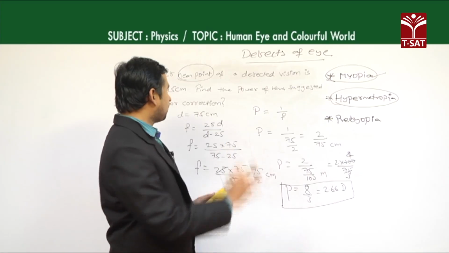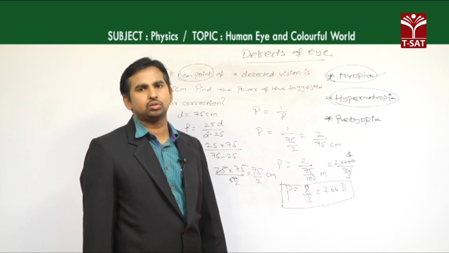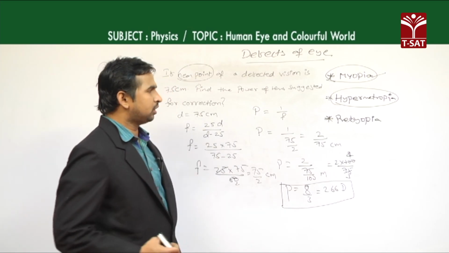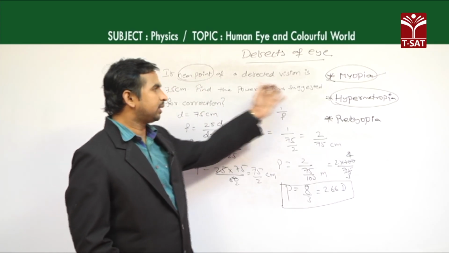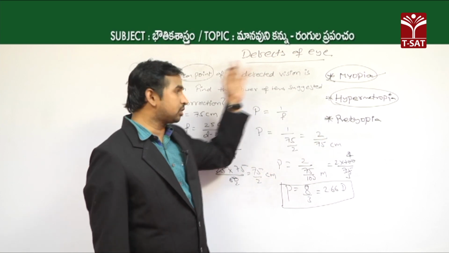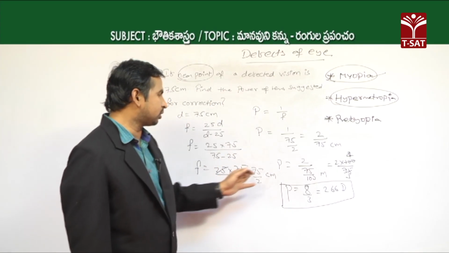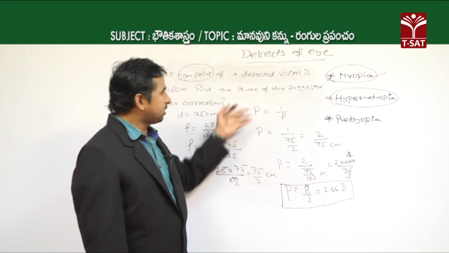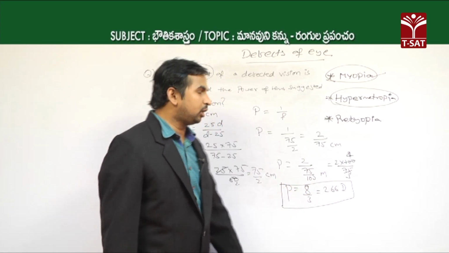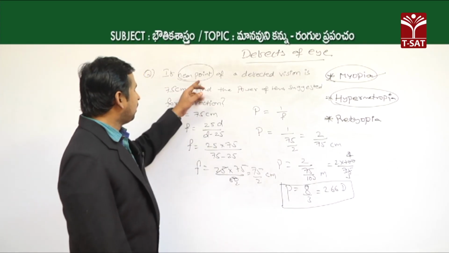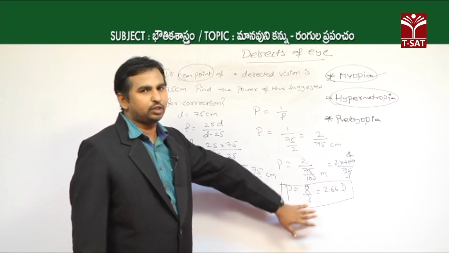Okay. So, from this problem, by using that near point we got the power, which is plus 2.66 diopters, and the defect of this eye is nothing but hypermetropia, because that near point is meant for the case of hypermetropia. The suggested lens is first the convex lens, the suggested focal length is 75 by 2 centimeters, and the suggested power is 2.66 diopters. Like this, depending on the given problem data, by using the near point we can find the power of the lens, and